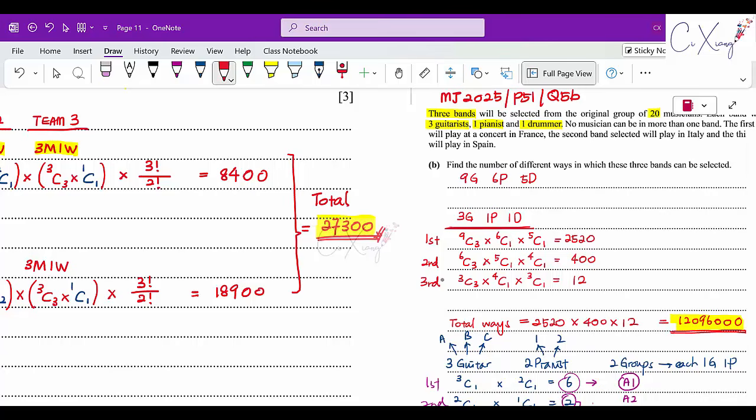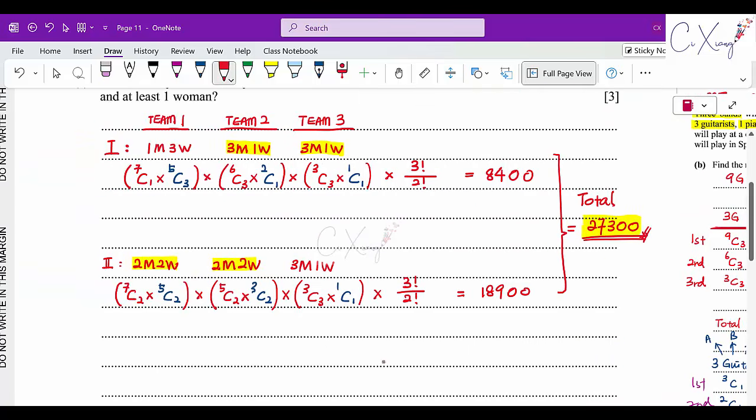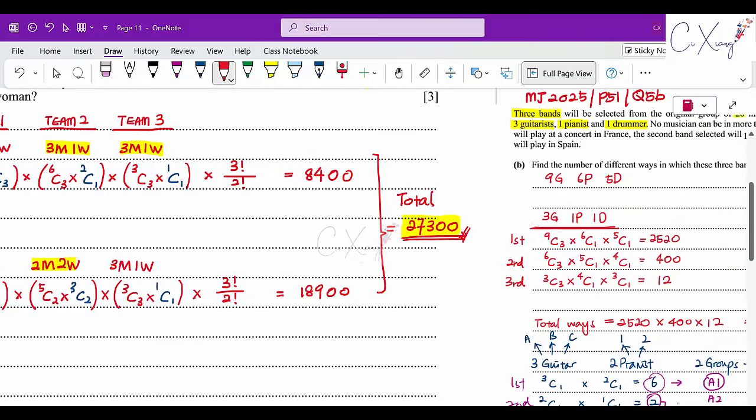Okay, this is the first case. But for this question, because they're only asking for the first case, that's why we only multiply the combination, but we didn't have a second case to be added. Okay, but the difference is if you try to have a look in detail, right? For our question this year, I actually need to consider the arrangement for the teams to the different cities. That's why we are having the 3 factorial divided by 2 factorial. But if you try to have a look,